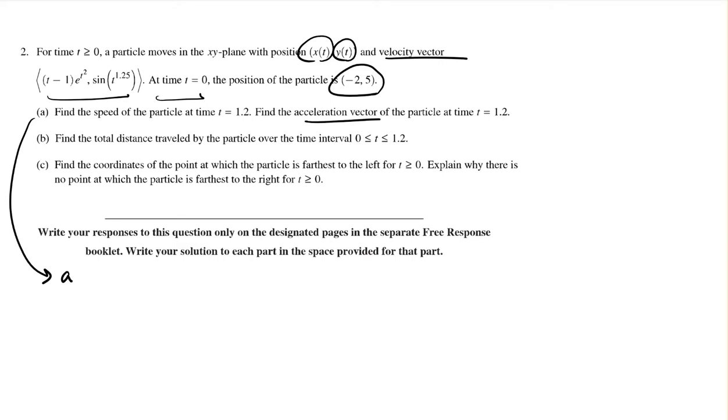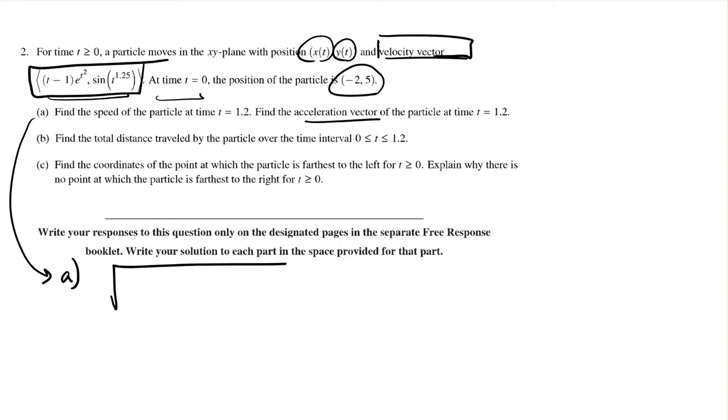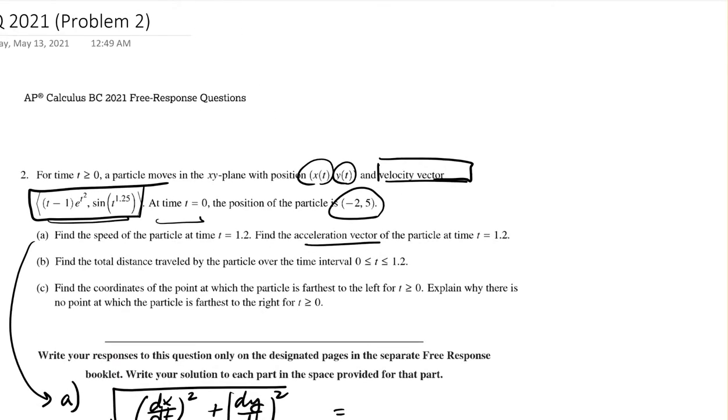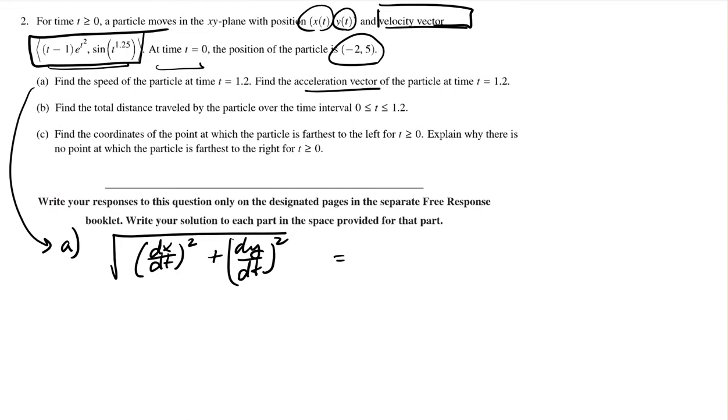So to find speed, they already gave us the velocity vector, so we can just plug it into the equation derived from the Pythagorean theorem, where we use dx/dt squared plus dy/dt squared, because we already know the velocity vector. And this was a calculator section. So what you do is you plug in (t minus 1) e to the t squared, and you square it, and you get